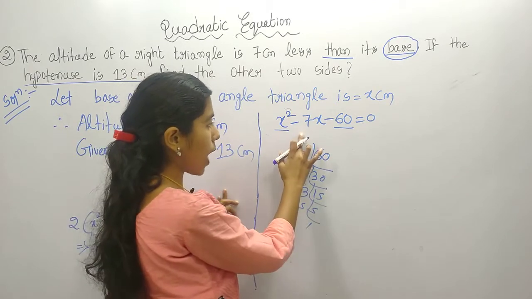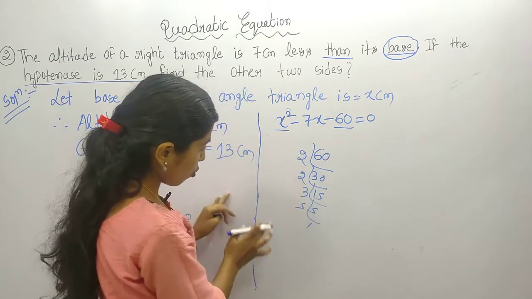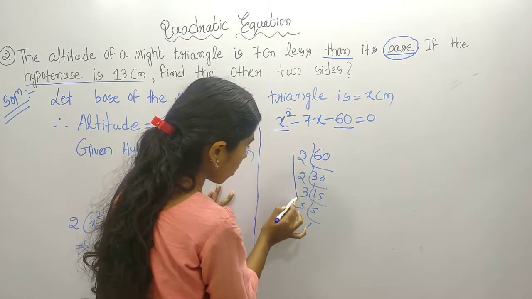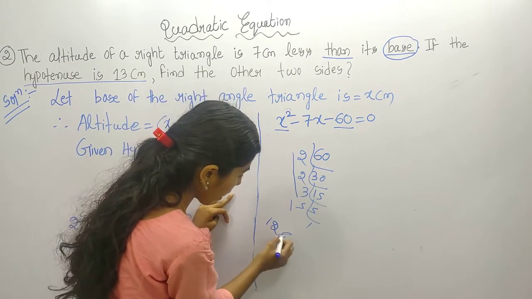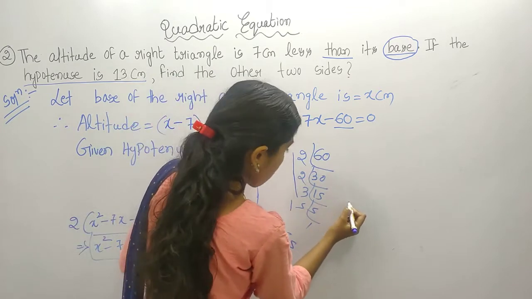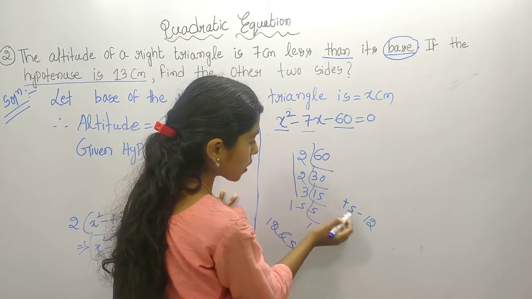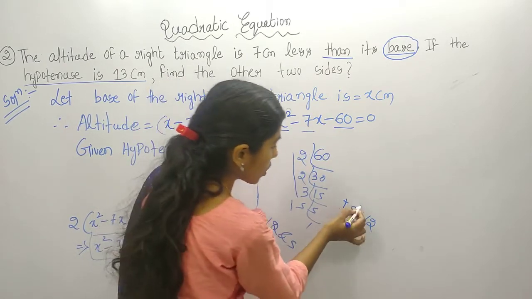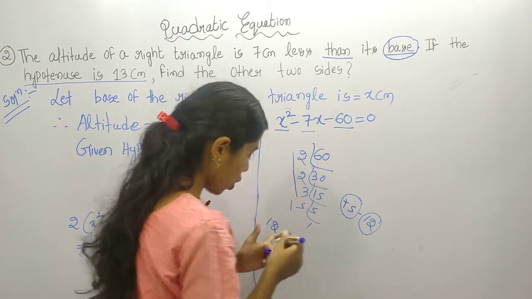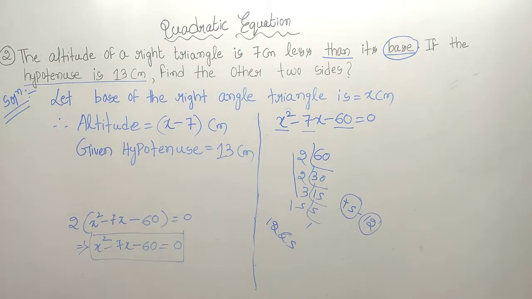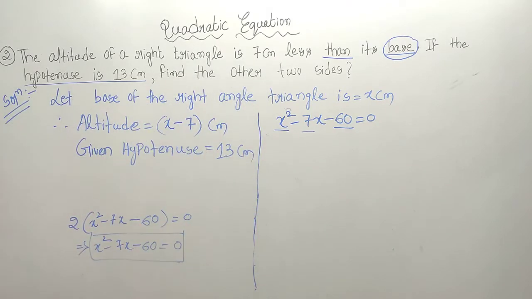Okay. So, here we have to get minus 7 after adding or subtracting two numbers. So, here you see 2, 2, 3, 2 into 2 into 3, 2 twos are 4, 4 threes are 12. So, 12 is one number, again 5 is one number. So, plus 5 minus 12. So, we will get minus 7. Again plus 5 into minus 12 is minus 60. So, these are two correct numbers. One is plus 5, again another one is minus 12. So, here we will take plus 5 and minus 12.